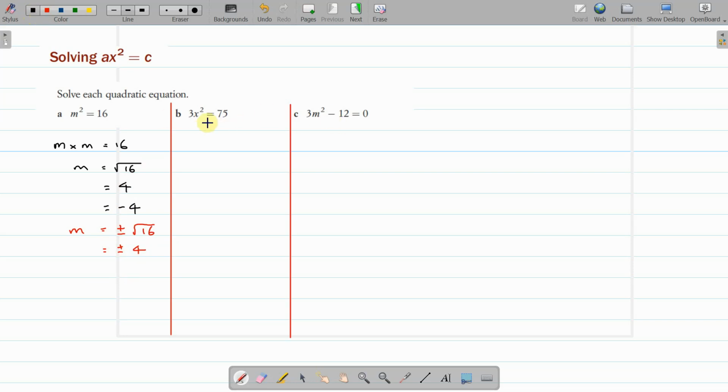These other examples here, we just need to do a couple of things before we can get to the working. So the first thing here is 3x squared equals 75. Because that's 3 times x squared, we can divide by 3 first, and that leaves us with x squared, and 75 divided by 3 is 25. And then from then on it's the same process. x equals plus or minus the square root of 25 equals plus or minus 5,